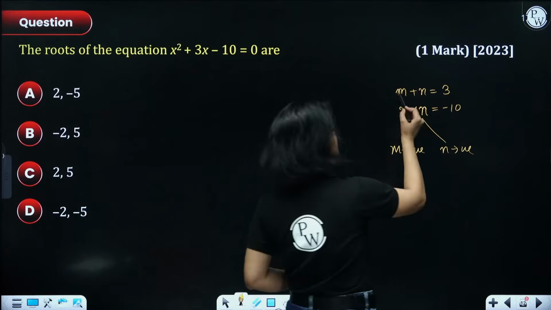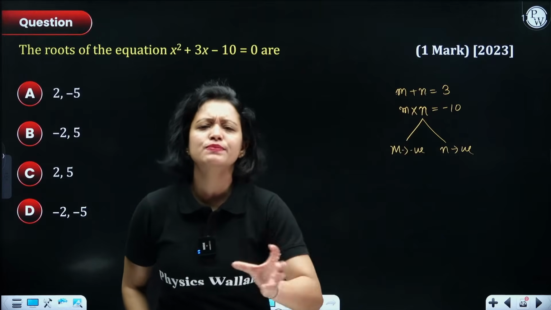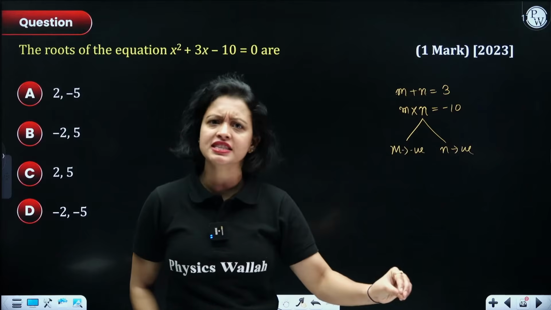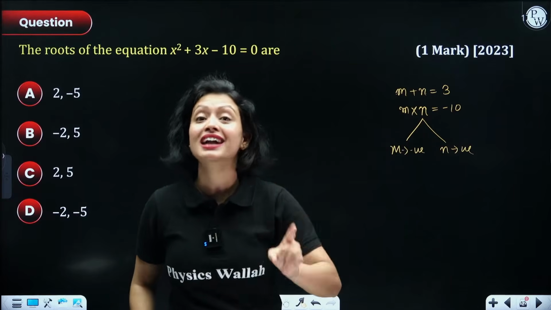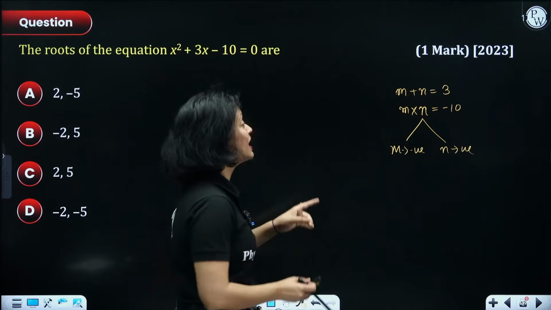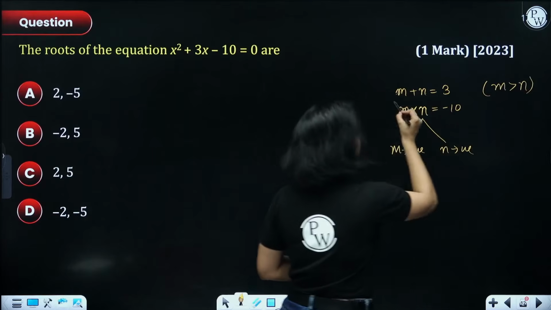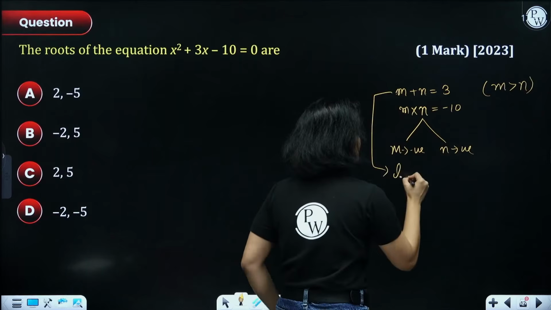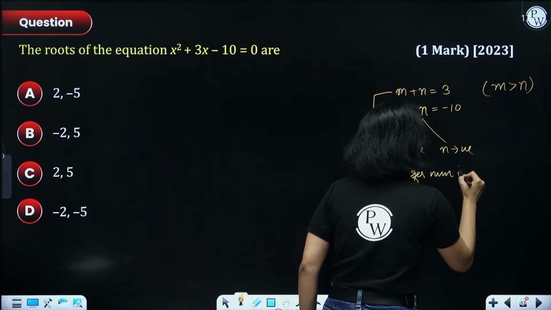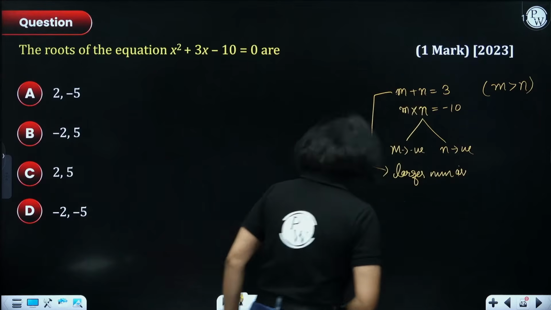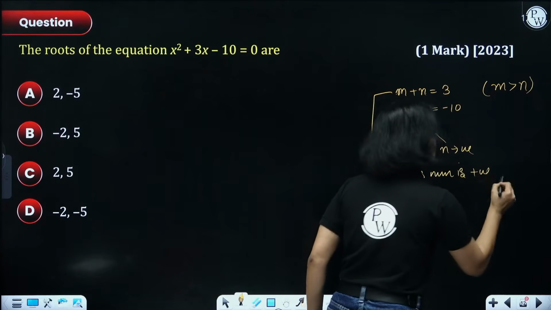Now let's come to this one. M plus n is 3. Think about it. Sum of the numbers is positive and one number is negative, one is positive. How can that happen? That can only happen if the larger number is positive, right? So if I am supposing that m is the larger number, then this simply means that the larger number is positive. These small things are important. Like, this is all common sense. This is something you should do in your brain.